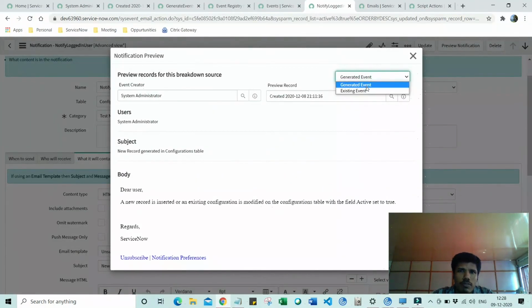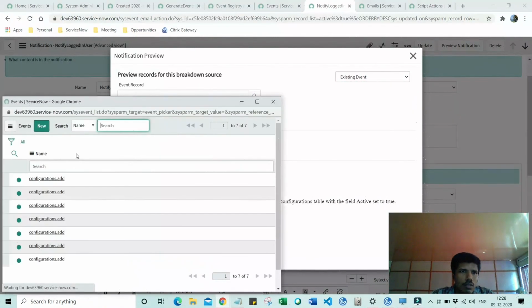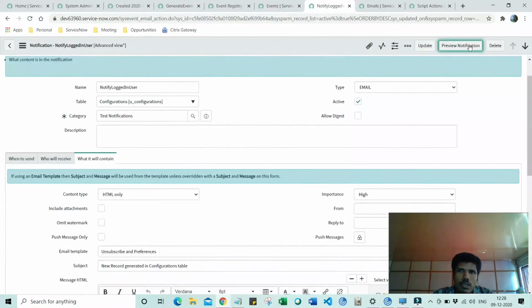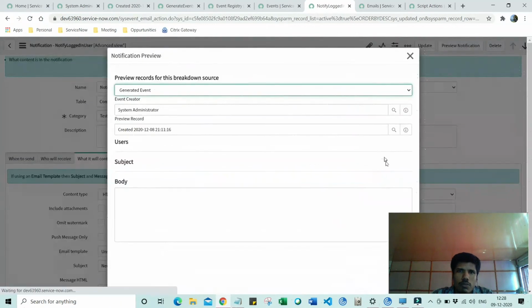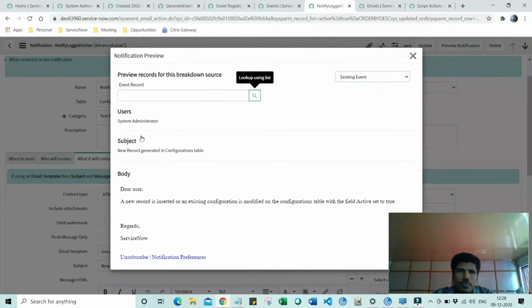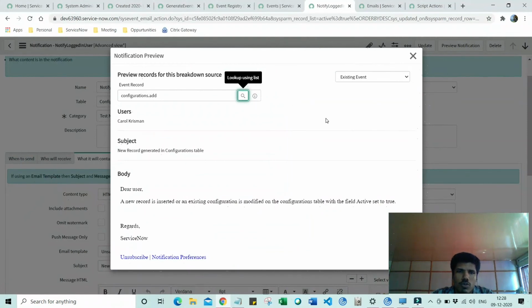So I will pick up one of the existing events which is there. When I go to the event table through the reference list, I can pick up one of the events. And here it is. We had chosen this particular user. See that it only triggers the notification to one user, not the system administrator, as I had mentioned. Okay. So the notification is triggered with the subject that we have provided and the content. All right. So that pretty much explains how the event output generated is being used on a notification.